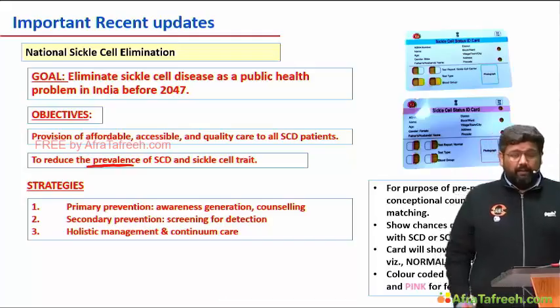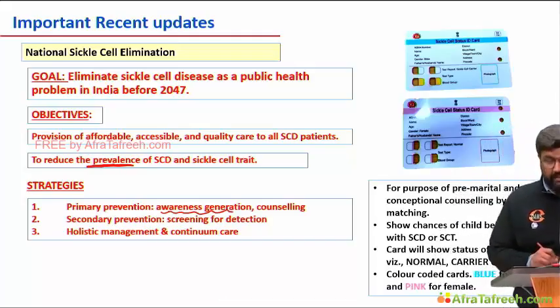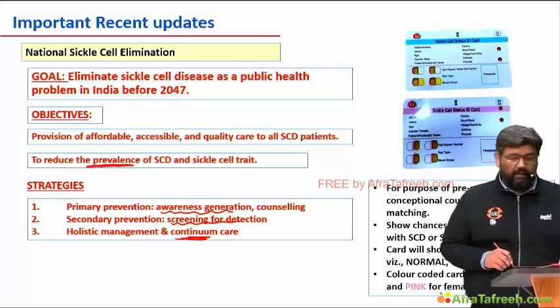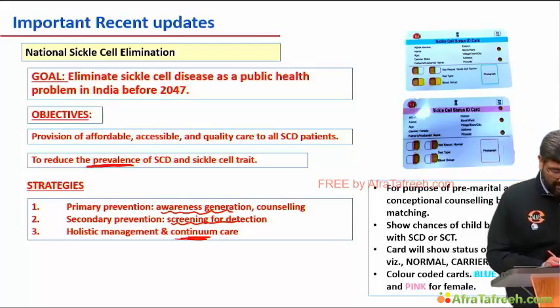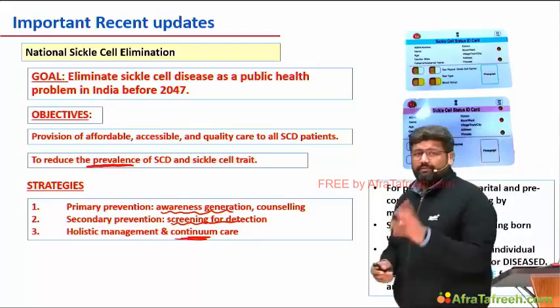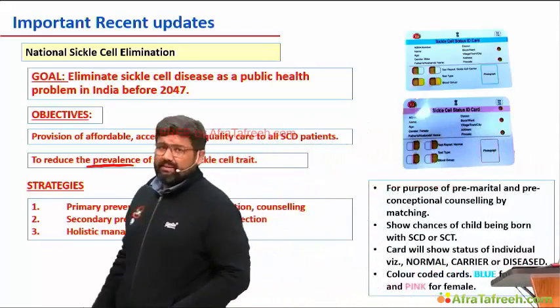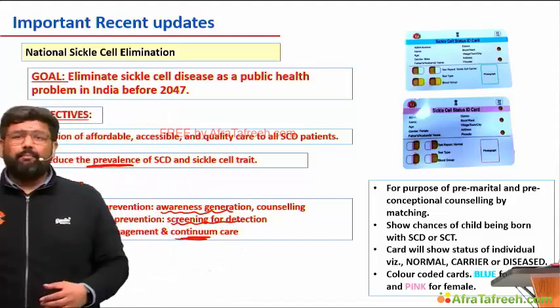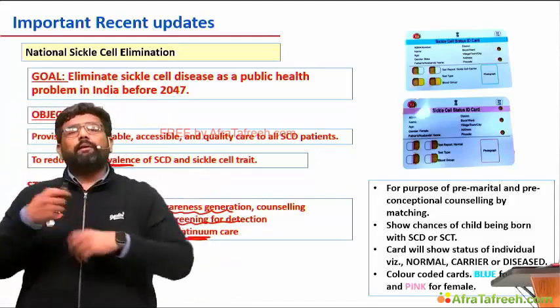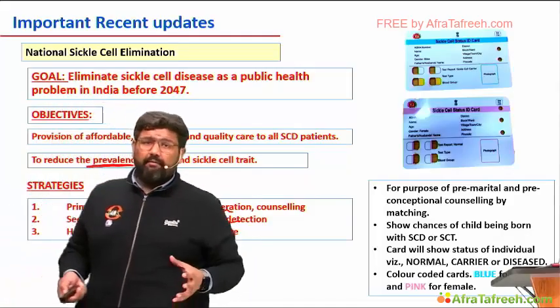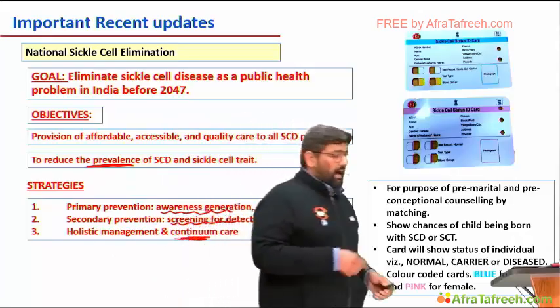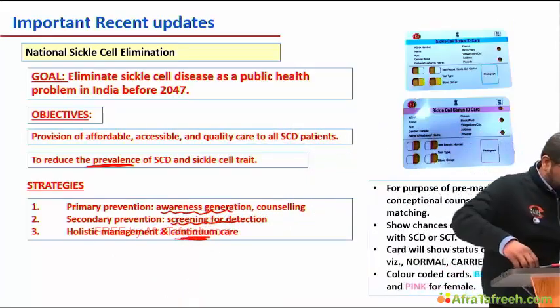Strategies are primary prevention, we do awareness; secondary prevention, we do screening; and holistic management and continuum of care. So these are the strategies. In simple terms, this is for MCQ purposes, these technical languages. In simple, we have to end sickle cell by 2047. For this, we will be doing primary prevention, giving awareness. We'll be doing secondary prevention, screening for sickle cell. And after screening, we will give